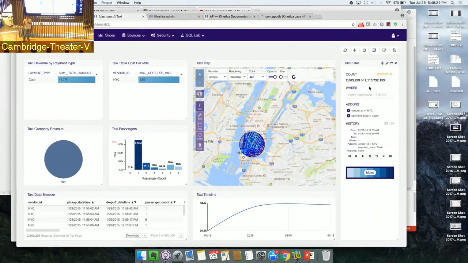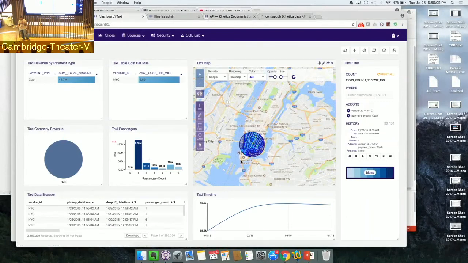Now, for any machine learning type operations, you have to rinse and repeat, right? You have to repeat this calculation again and again with different data sets and try to get some insights by running with multiple search criteria, multiple feature sets. So what we are capable of is, let's say you want to run the same search with the same vendor, the same payment type, but a different